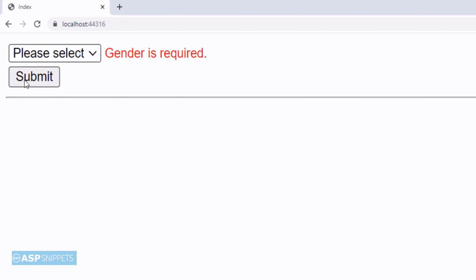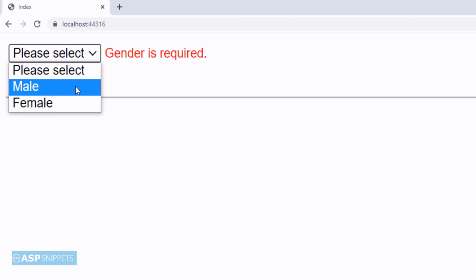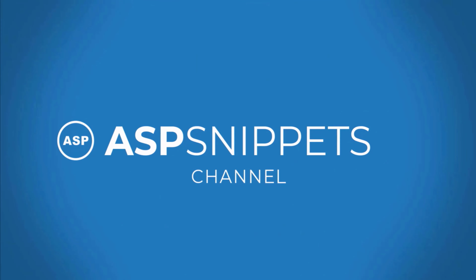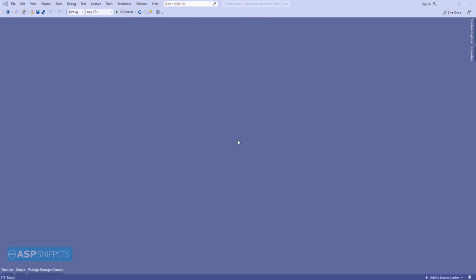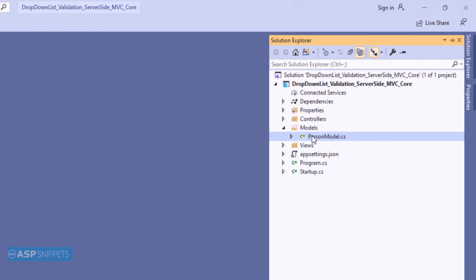Today I'll teach you how to perform server-side drop-down list validation in ASP.NET Core. So let's start. The very first thing, I'll open Solution Explorer, and from there I'll be opening the model